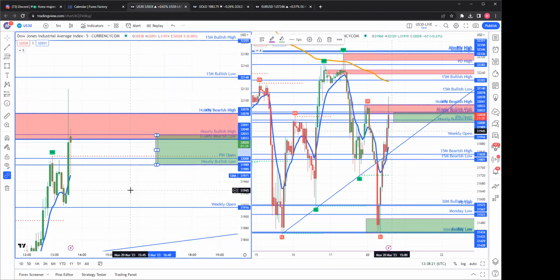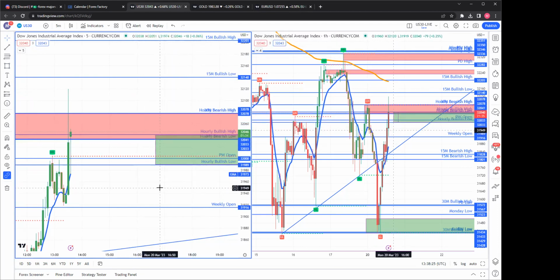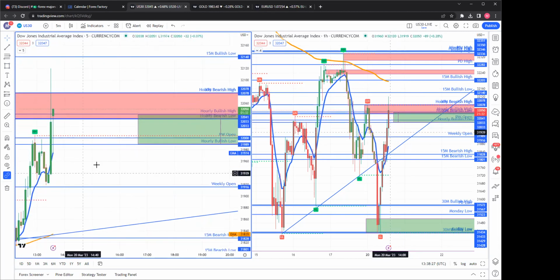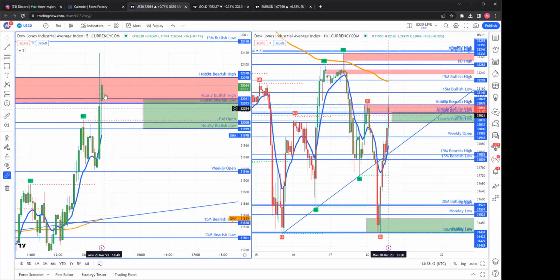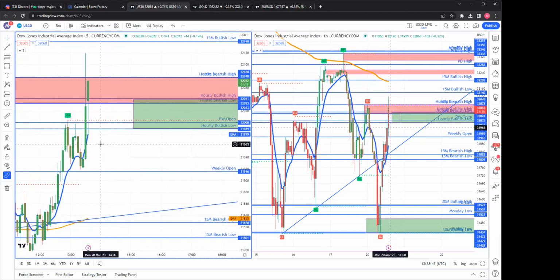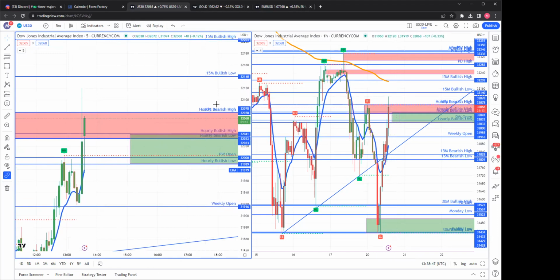So for me personally, I'm still bearish on US 30. But if any one of you is trading and you get a confluence that aligns with this hourly bullish high and hourly bullish low area, you can catch a buy. But I'm trying to find a sell on US 30. So long as price does not close below the 9 EMA on the 5 minute, I will not be doing that. On the other hand, we can see if we can catch a buy, but